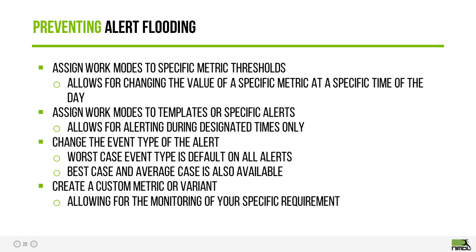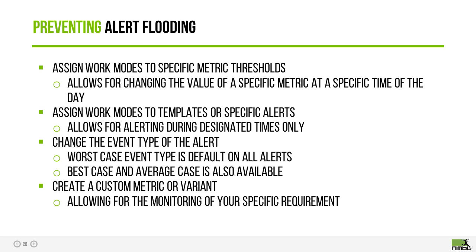You can change the event type. So within system monitoring, you have your alerts, and then you have the metrics assigned to them. Well, you can have as many metrics as you want assigned to one alert. By default, if a single metric within that alert turns red, you're going to get an email. That's using the worst case event type. There's also a best case event type. So if you have a case where you've got 6 different metrics assigned to an alert and only one of them goes off on a regular basis,